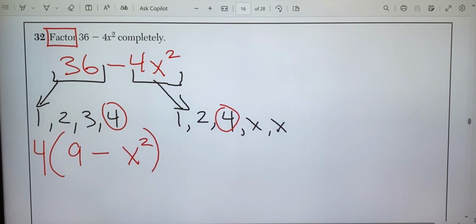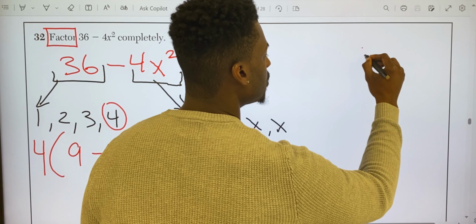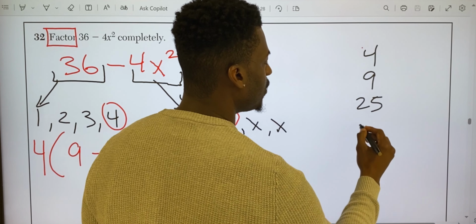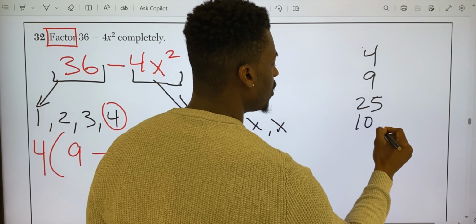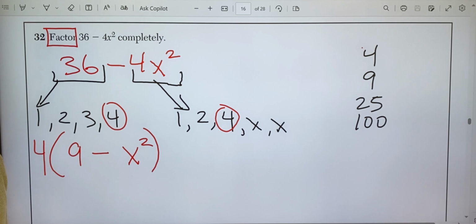I'm just doing it. Now, the last part is something called the difference of perfect squares. So what that means is, is 9 a perfect square? And do you know what a perfect square is? So perfect squares are numbers like 4, 9, 25, 100. What is it about these numbers that might make them perfect squares? I think it's when you times